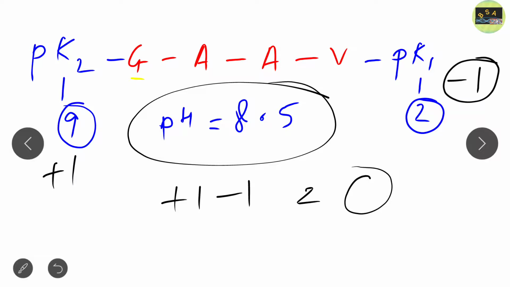Now we are going to discuss the mixed peptide chain, where basically you are going to find out the pKr values. Now just look at this. This is the mixed peptide chain that we are going to discuss. And remember, this is a little bit more complicated than the other. So this is pK2, I just write it down like this, that is NH3 plus.